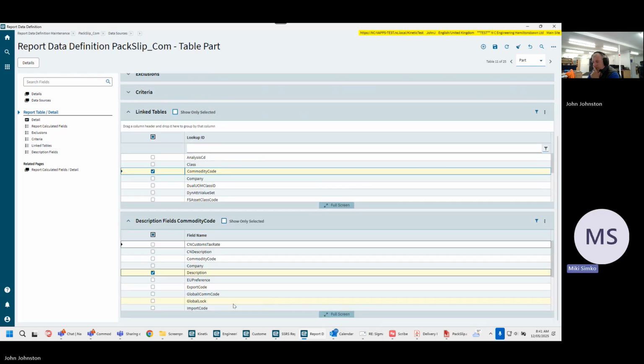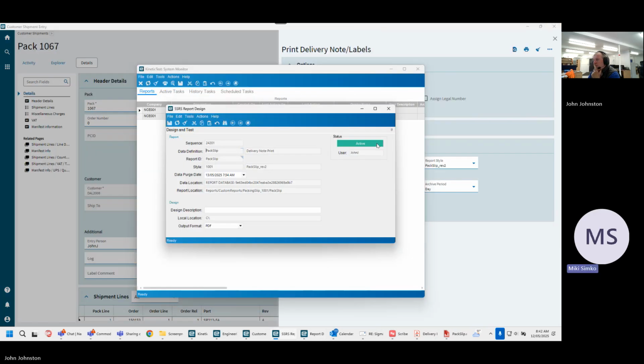So we have description, and the description is already selected. See, commodity code description. Okay, let's save it. If it saves, then the change has been, no, the change is already there. Okay, we are good. Now, what we need to do is associate the new report data definition with the report style. So if you go back to designer and right click the report style now, so style 101,